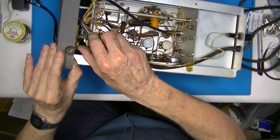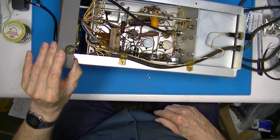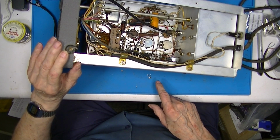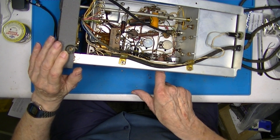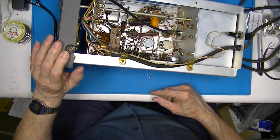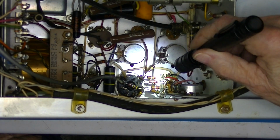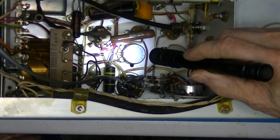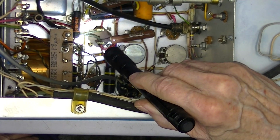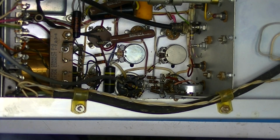Some mouse debris. All point-to-point wiring. Some internal potentiometers for calibration. And that's just the way it was done. A filter capacitor. What's interesting about this